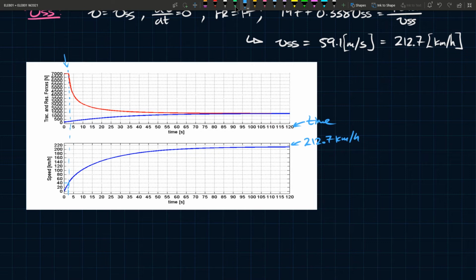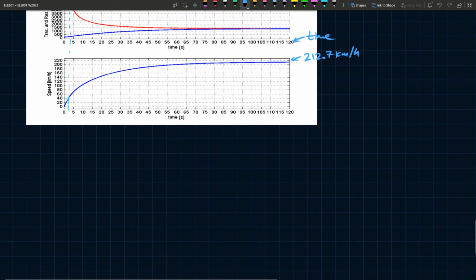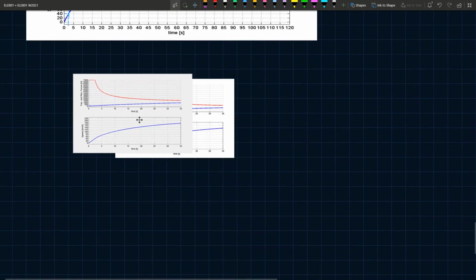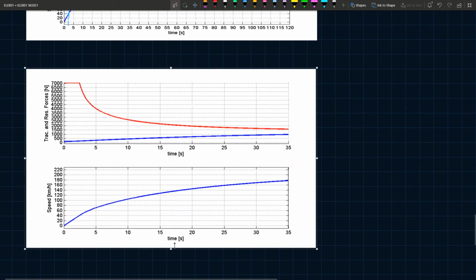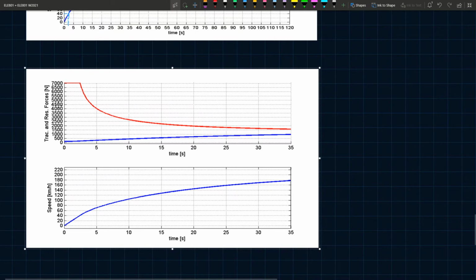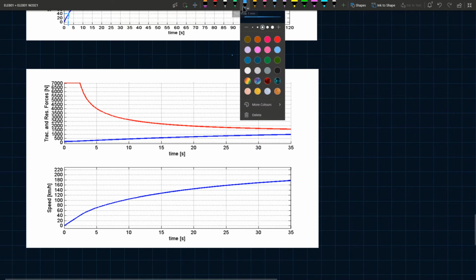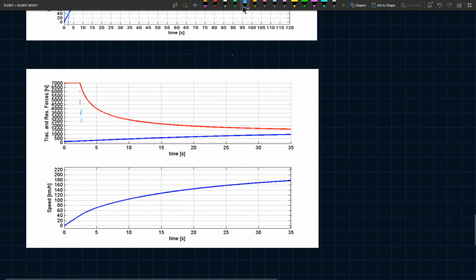So this shouldn't be allowed to happen though, because we said our Vmax is 160 kilometers an hour, right? Which is 44.4 meters per second. So if we want to zoom in to this plot, I have the zoomed version of this plot here. And this one has more emphasis on the constant force region, right? So if we look at the constant force region, we would see here that this region here,